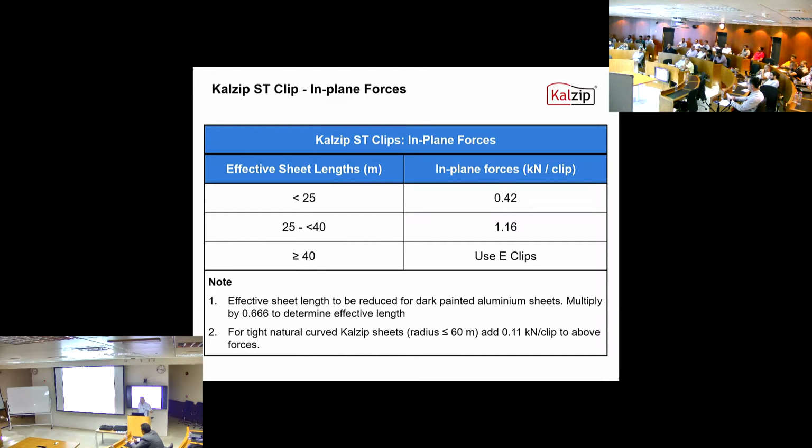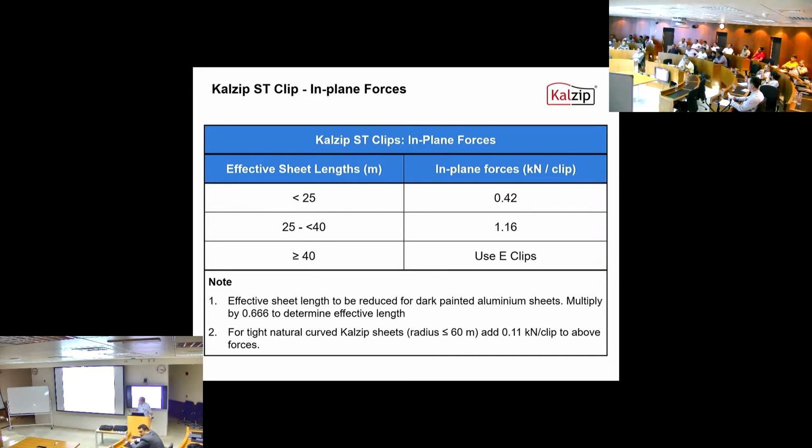Again, this is some analysis we've done with thermal movement forces. This is in-plane force with aluminium clips. This is your sheet length up to 25 metres, 25 to 40, greater than 40. So the moment force at the head of the clip is 0.42. With 25 to 40 metre sheets, that goes up quite considerably to 1.16. For the normal halter,